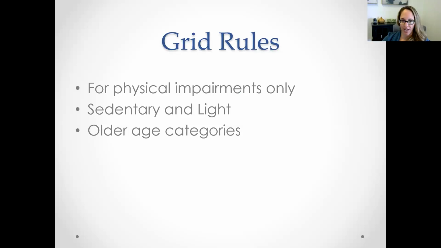It's for people in older age categories, and for Social Security purposes, that means generally over age 50, and then at 55, and then at 60. There's special rules. And I'm going to show you, and I like to give a most obvious example. Let's say you have someone who has an 8th grade education, never went to high school, who has done construction work their entire life, really heavy labor, and then they become disabled to the point now where all they can do is a sitting down type of activity.